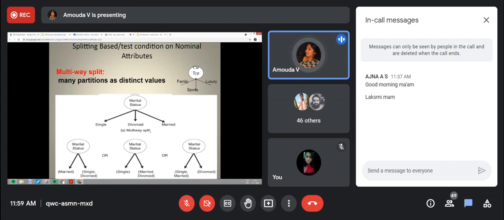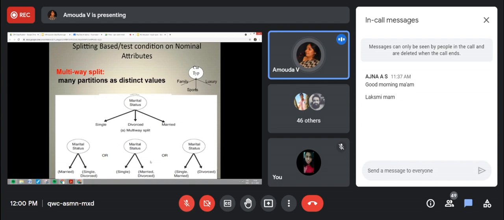Like that, for ordinal attributes, you can see here for marital status either a three-way split or a two-way split, single, married, divorced in different groupings.